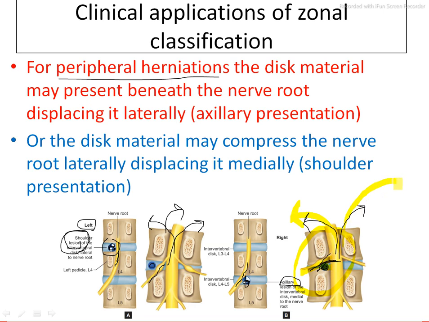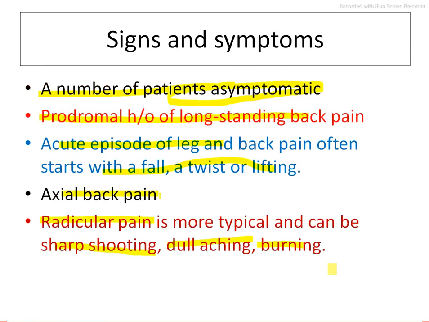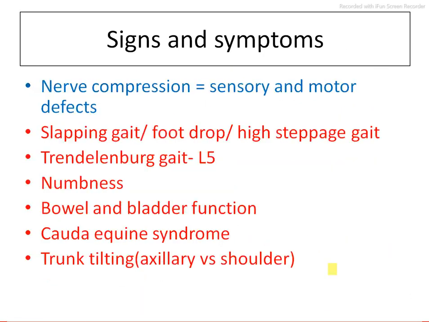If he had tilted to this side, then what happens? This nerve would come in contact with the herniated disc, and because of this, there will be irritation and pain. So this correlation you can find,